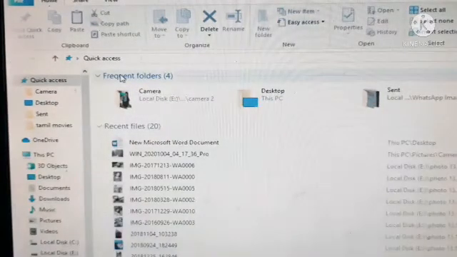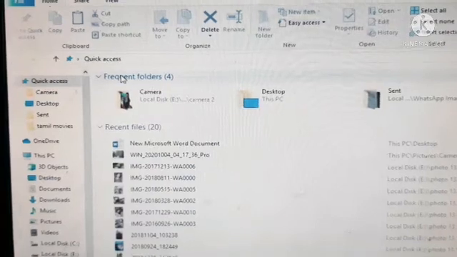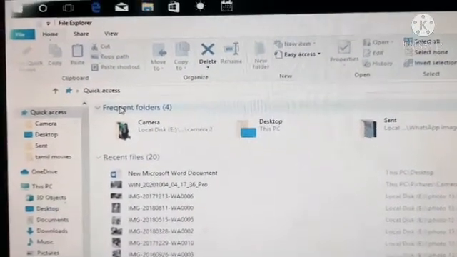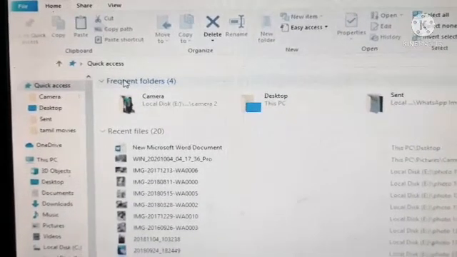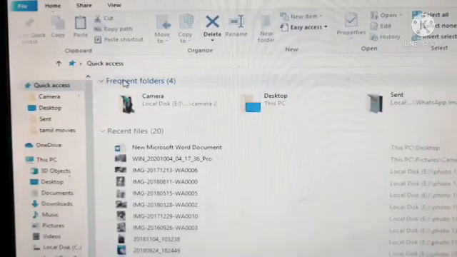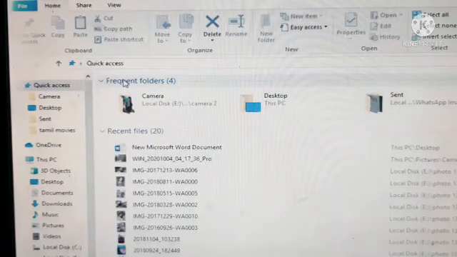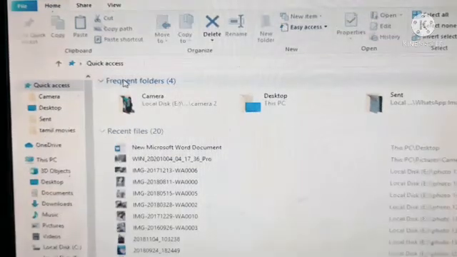We can open the File Explorer by pressing the Windows button and the E button at the same time on the keyboard. Our keyboard consists of the Windows button and some letters. At the same time you have to press the Windows button and the E button together. Then automatically our File Explorer will open. File Explorer is a program that helps in viewing and managing the files and folders. If you open it, the screen will be like this.